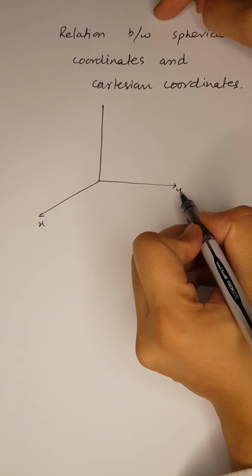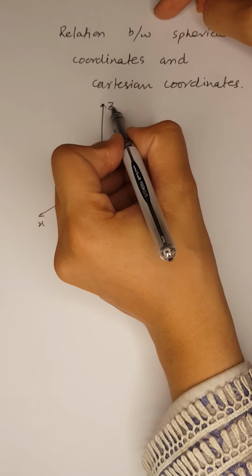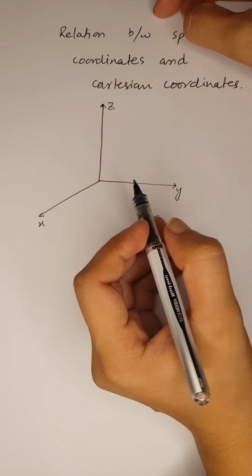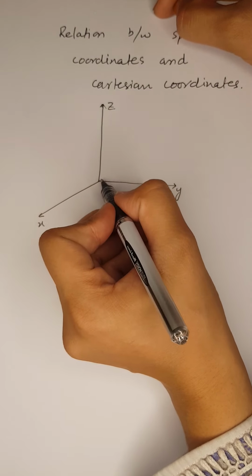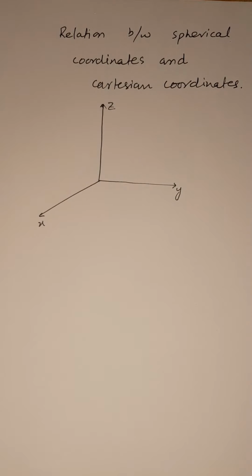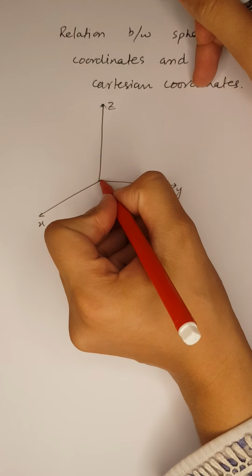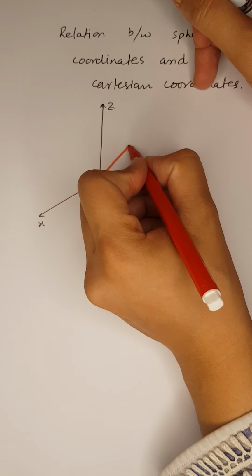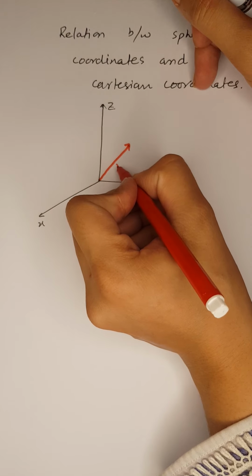Here we have the x, y and z axes of the Cartesian coordinate system, and let's draw the radius r. If there is the radius r of the sphere,